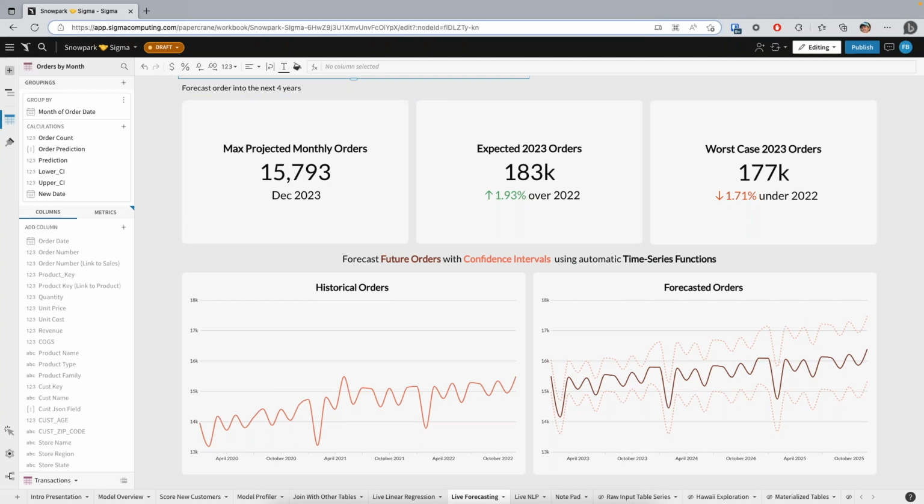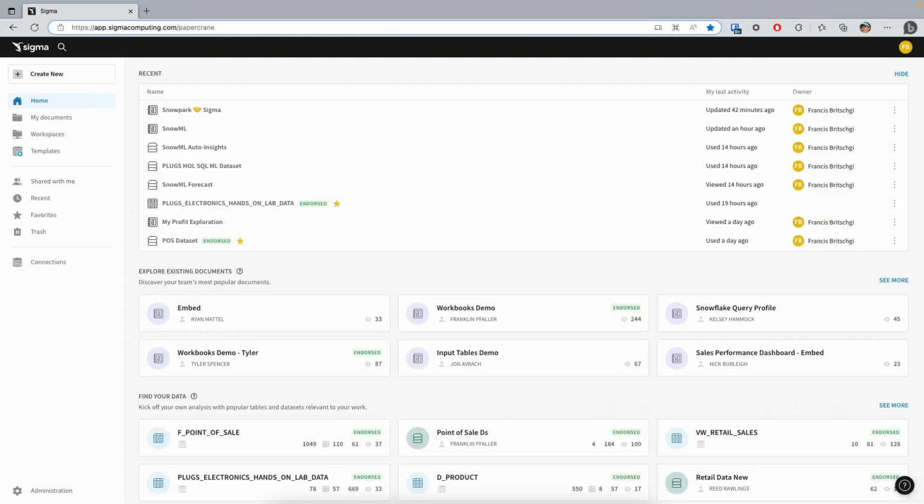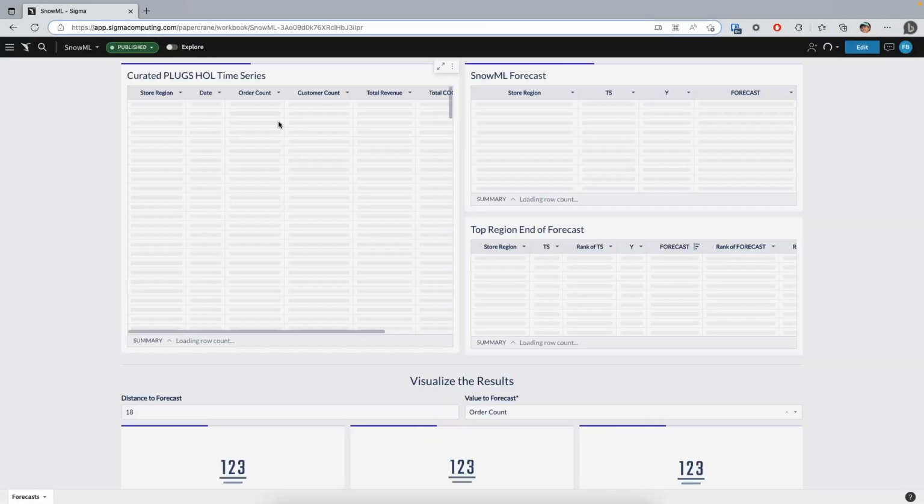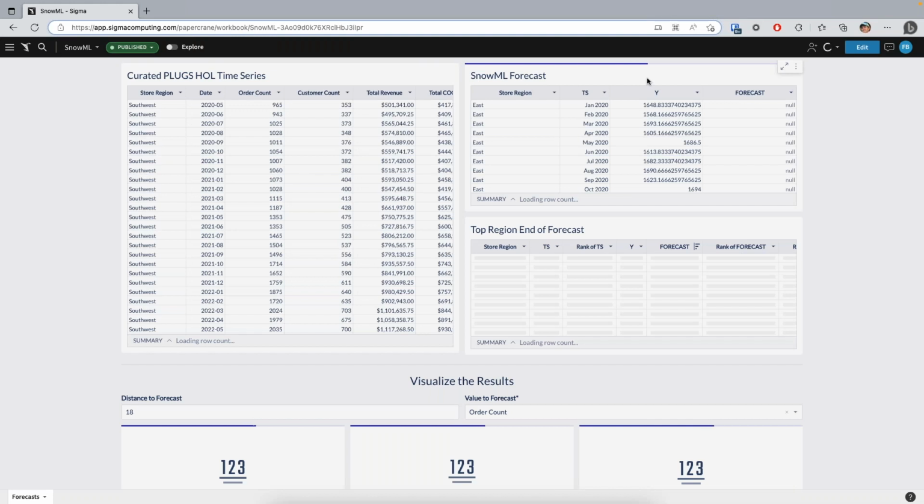So what I can do here is exit the dashboard that I was in, and I have a Snow ML dashboard here. What happens in the Snow ML dashboard is the same kind of forecasting that I was able to achieve in my UDF, but it's a much simpler and easier method to set up